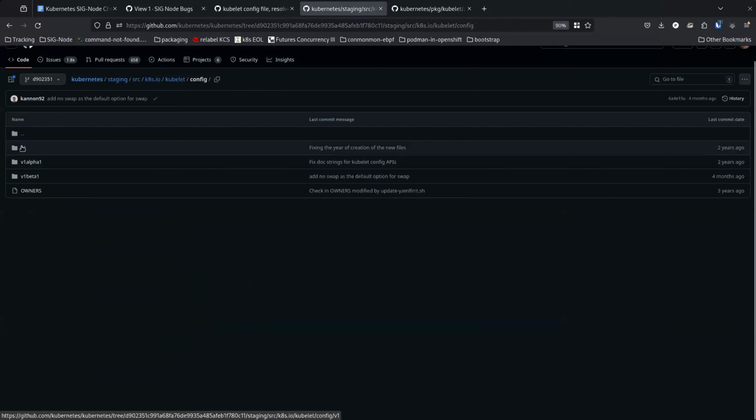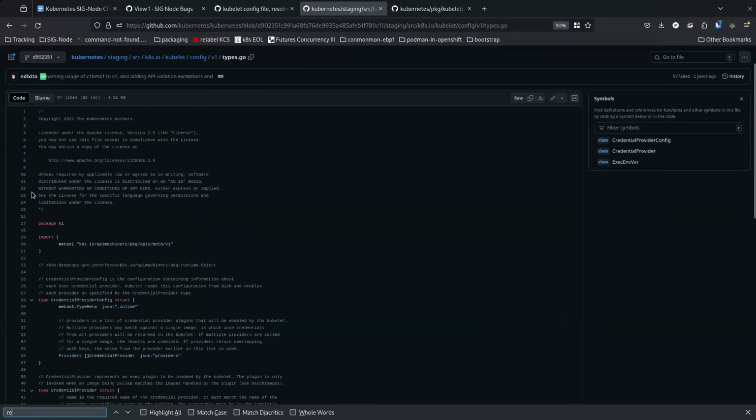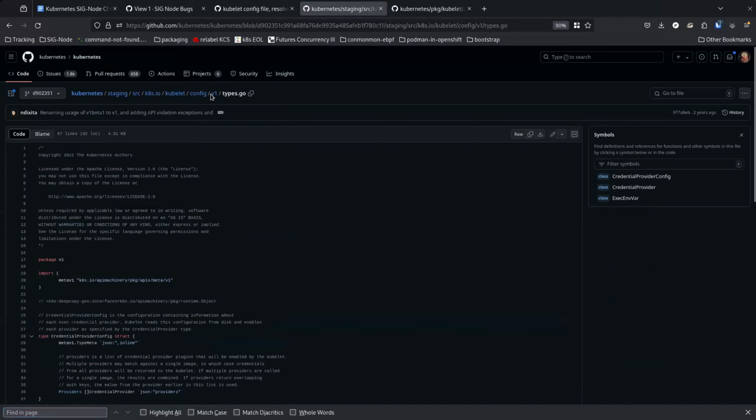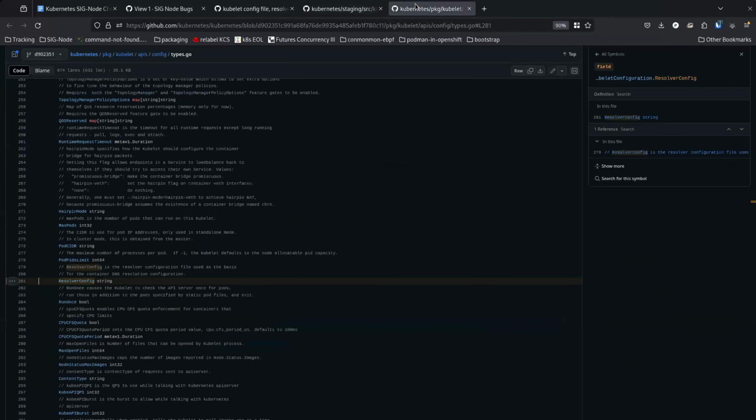But it's not a change, it's just a different JSON field name. Yeah. What's resolv.conf? It's for DNS. /etc/resolv.conf is used for DNS lookups.